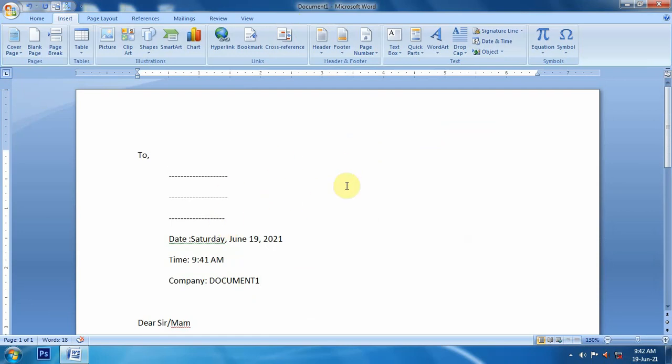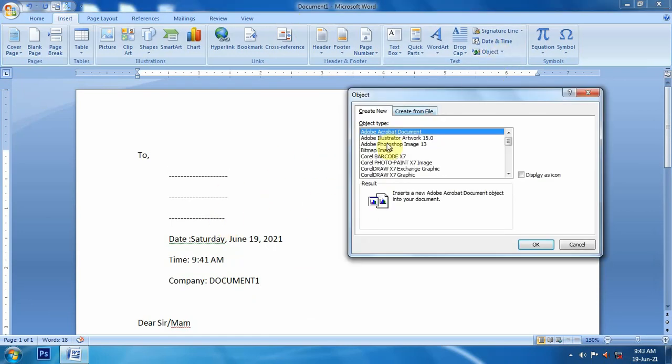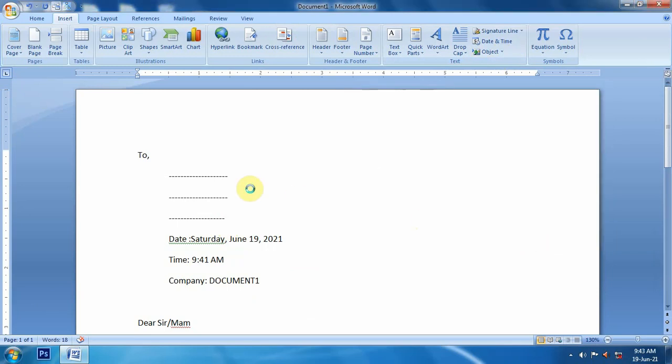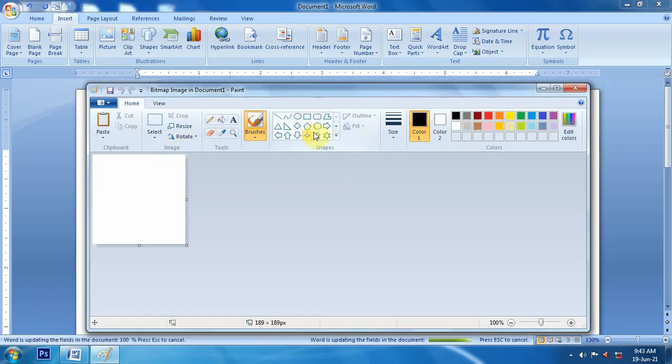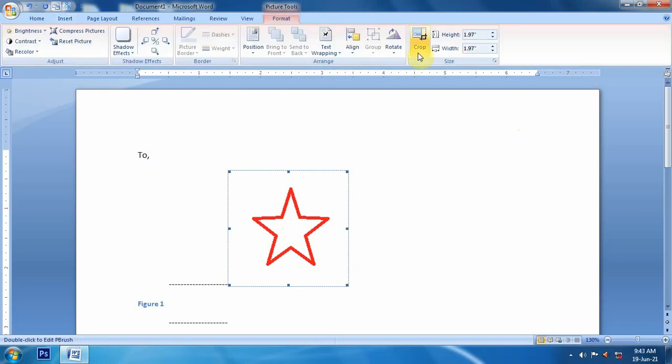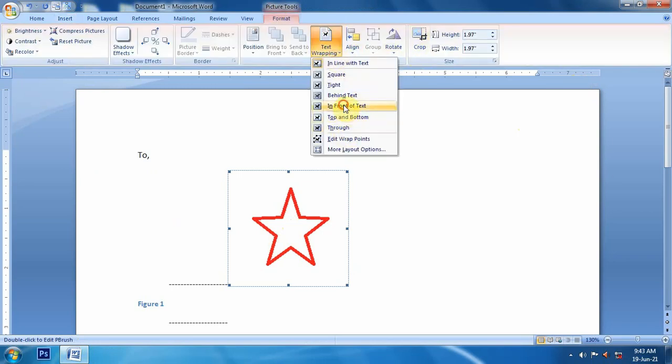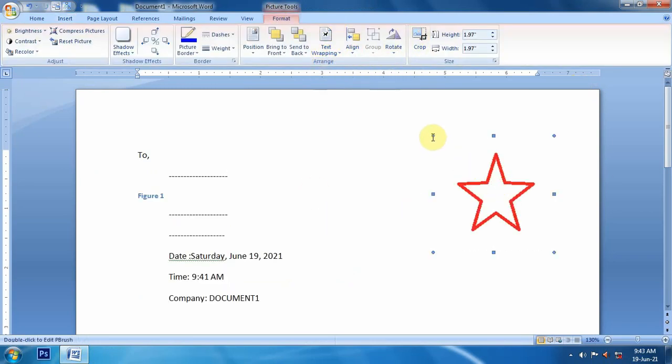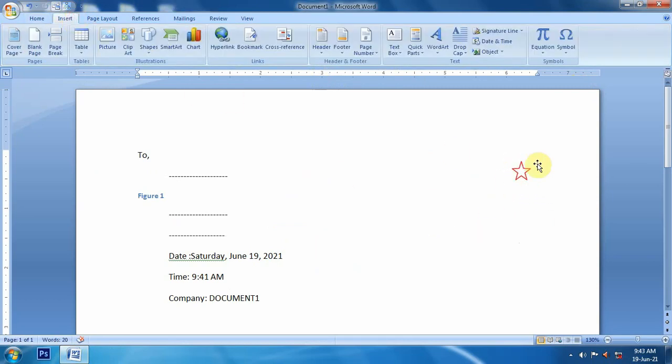And if you want to insert a company logo, for this I will go to insert, and bitmap image. We can insert a logo also here by creating it in Paint. Simply I created this logo, and when I click, this logo will be inserted here, in front of text, like a logo inserted in our document. So all these things we will do later.